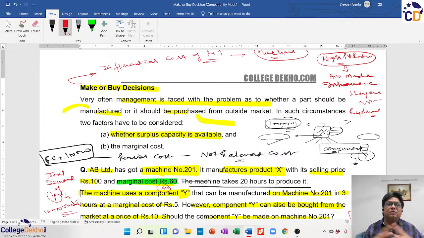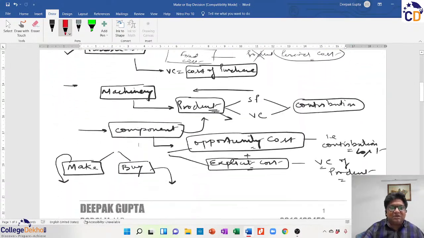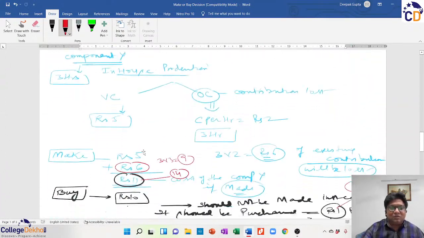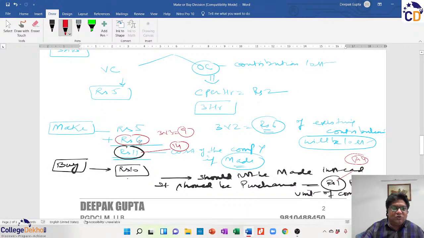existing products are manufactured as demanded. So there won't be any opportunity cost. Only the variable cost of production is to be compared with the purchase price of the product. Similarly, in this case, अगर यहाँ पर ये अपॉर्चुनिटी कॉस्ट नहीं होती तो मैन्युफैक्चरिंग जो कॉस्ट है वो तो सिर्फ